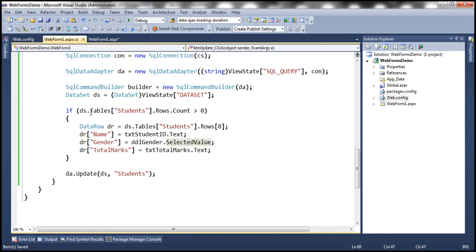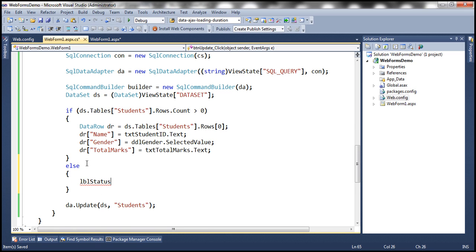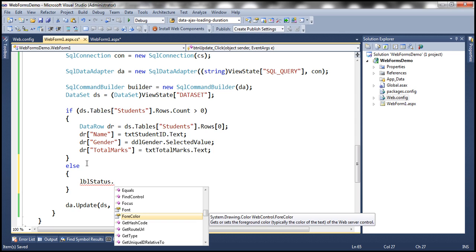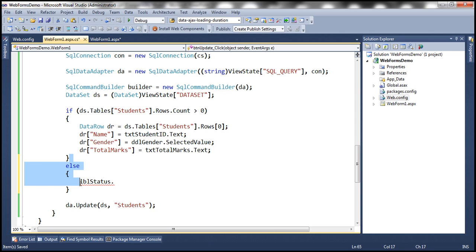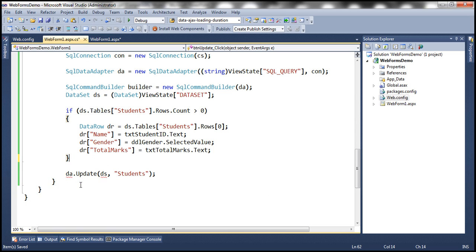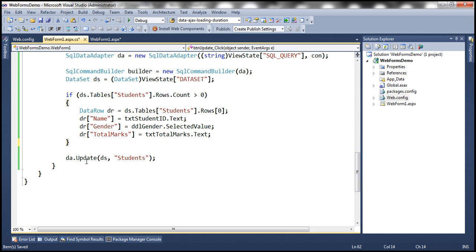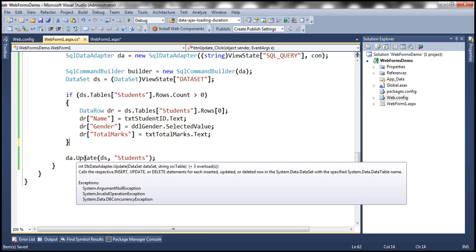Now if the row count is not greater than 0, then what does that mean? There are no rows present within the data set. In that case, we want to print a message stating lblStatus dot, or we'll do that at a later point. So if the count is greater than 0, then go ahead and update that row that is present at position 0. And then look at this, we are calling da.Update, and look at the return type of this